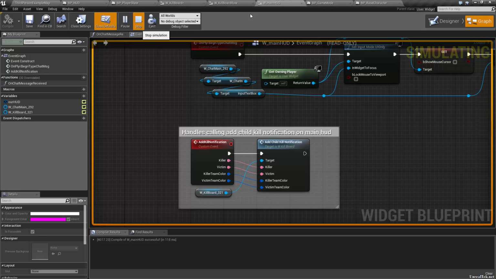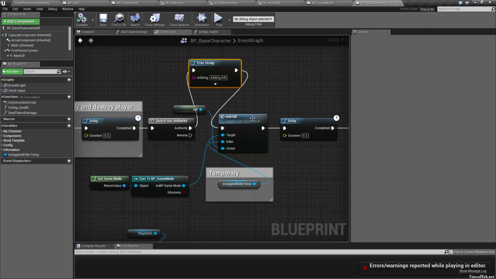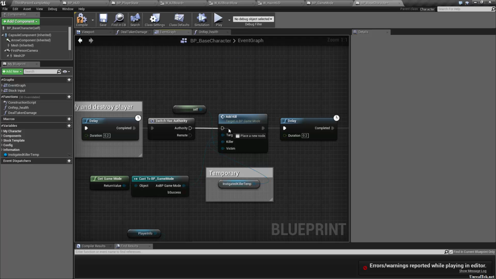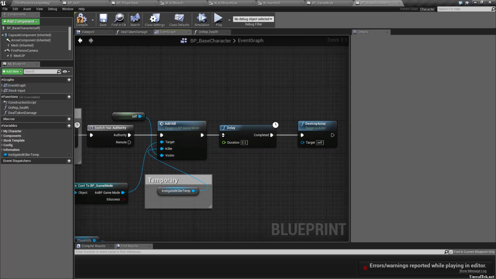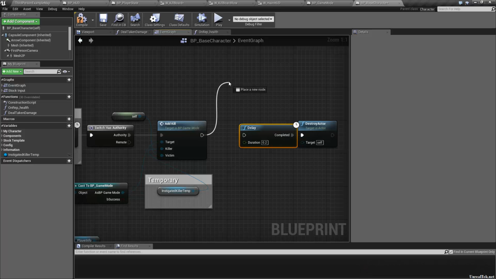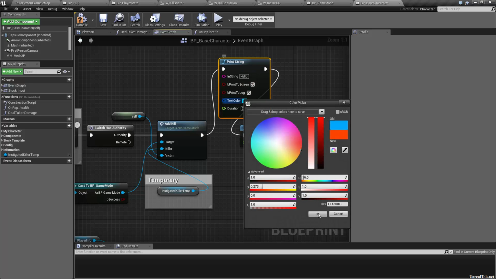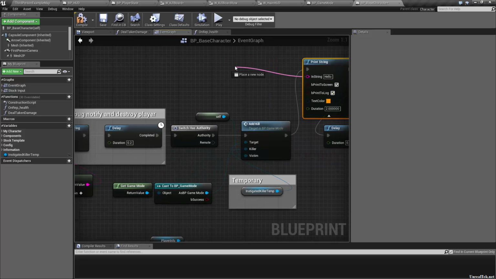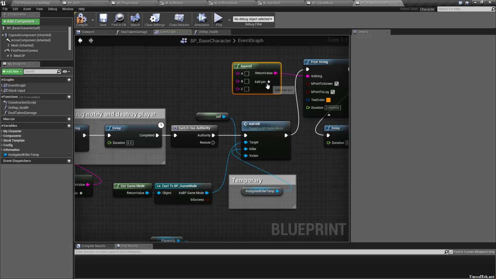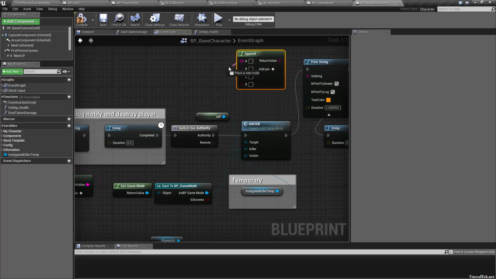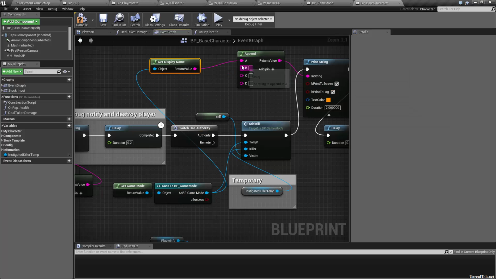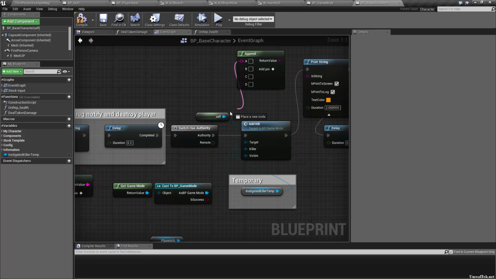So we're good there. Debugging is always great, so that's good. So it's going through there just fine. Let's make sure it's actually sending this information. So let's print string. Let's make it red so we can see it, orange or whatever. And let's do an append. Let's just append all this information. Game mode reference, that's the target, I don't need that. But self,